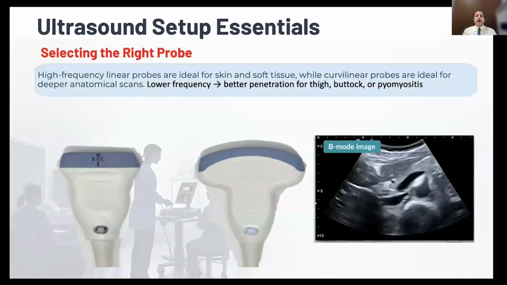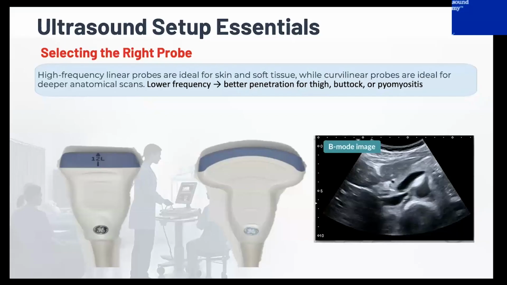So how do we do the ultrasound? When you are going for the ultrasound, first of all, always think about which probe we should select. In soft tissue infection, we are checking the superficial layer, so for the superficial layer we need to use a high frequency linear probe. It is ideal for the skin and soft tissue and gives us good visualization. But if you want to check for something deeper, more than 4 centimeters, it is better to use a low frequency probe that has better penetration.